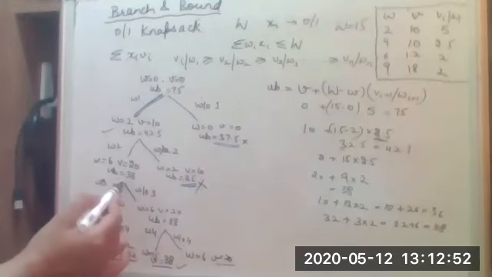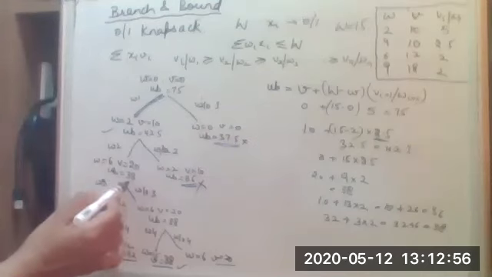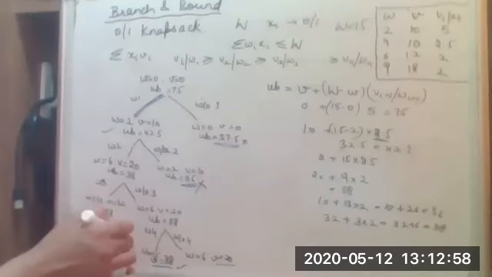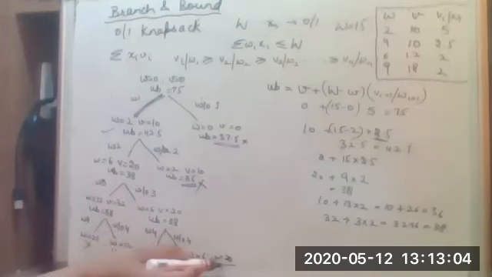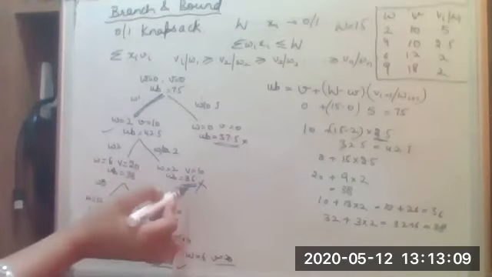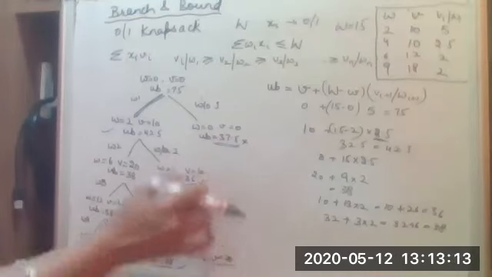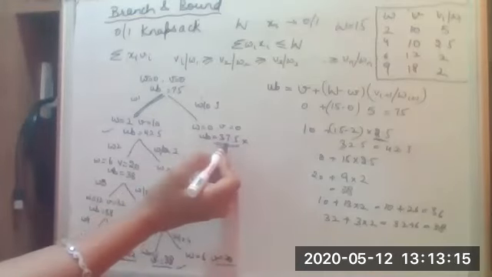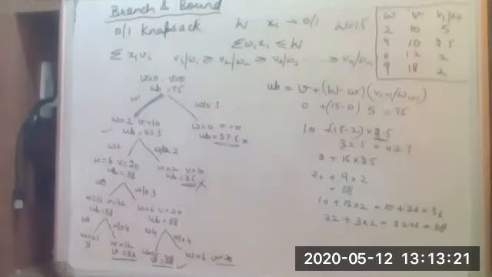Yes. So if you are taking 38 here, it is saying that you will have 38 as the best solution under these branches, and it can have lesser also. It can have no solution, it can have lesser, equal to 38 or 20. Yes, but the maximum upper bound is 38. So here the upper bound is 36. It cannot have more than 36 if you go through these branches. It cannot have more than 37.5 if you go through the branches of this. So that's why it is pruned. I hope this is clear.